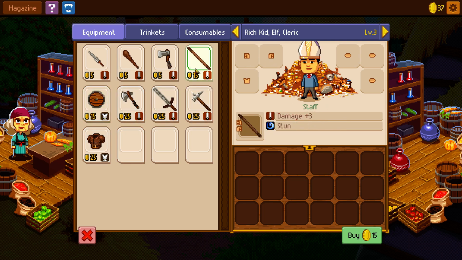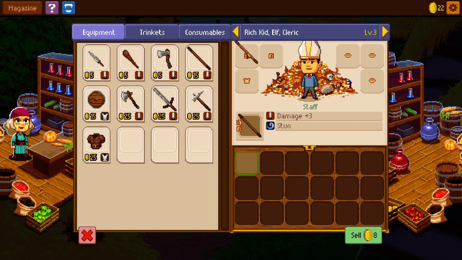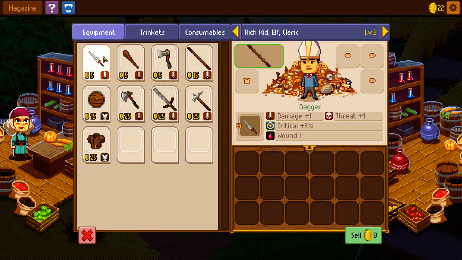So this weapon takes 2 hands, but it is probably something we want to pick up, so our cleric actually has a weapon. It has a stun ability, which makes it very powerful. So if you look, the dagger has wound and a higher critical rate, where the hatchet has increased threat. So